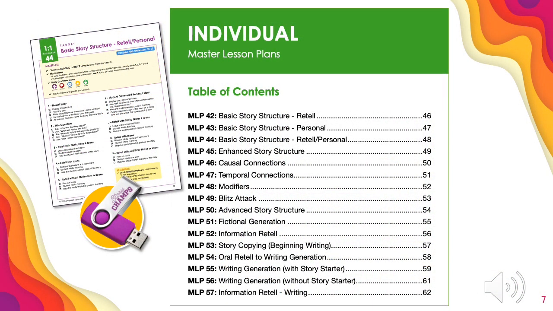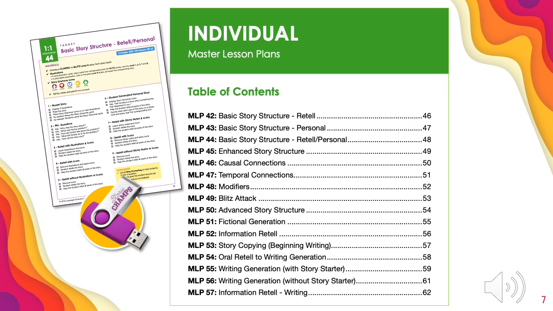Because we're going to do a synchronous one-on-one lesson, we're going to use the one-on-one master lesson plans. These are the ones that are in green on the flash drive when you open up the master lesson plan file. One of the most popular lesson plans is 44, where it is the basic story structure and it involves retelling and personal stories. However, you can see master lesson plans from 42 to 57 are all individual lessons,